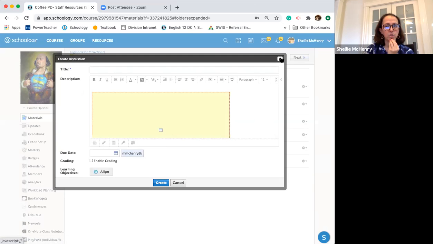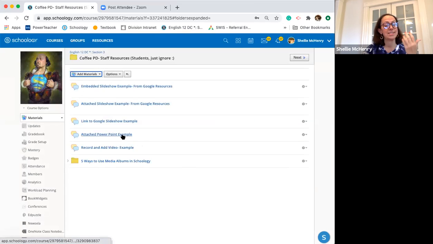So that's the difference between showing it as an attachment versus actually having it there in the body of the discussion board, so students can flip through it and respond to it, still able to see on the same screen what they're responding to. All right, and then here is an example